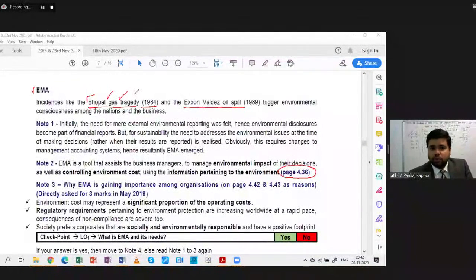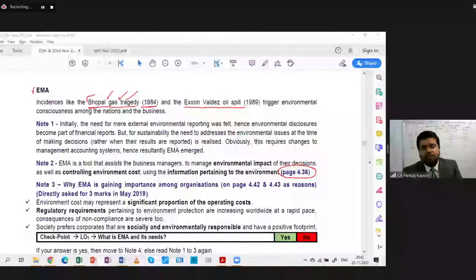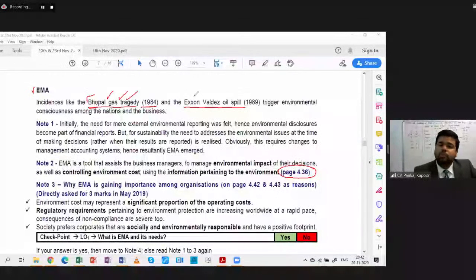You are aware about the Bhopal gas tragedy. Might be you are not born then. You may be listening to stories from your father or the parents regarding this, but you may not be aware about the Exxon. So I must tell you something about this. What happened on the 24th of March